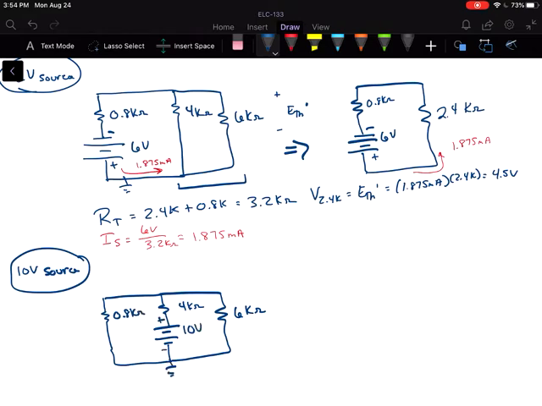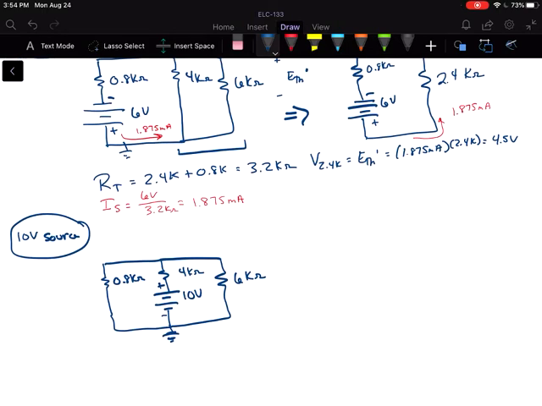All right, so in this case, now our RT would be the 0.8K in parallel with the 6K. And then I would add that to the 4K to get my total. So 800